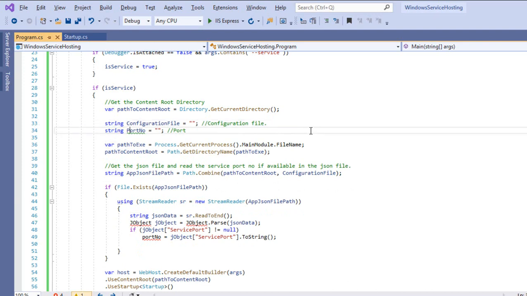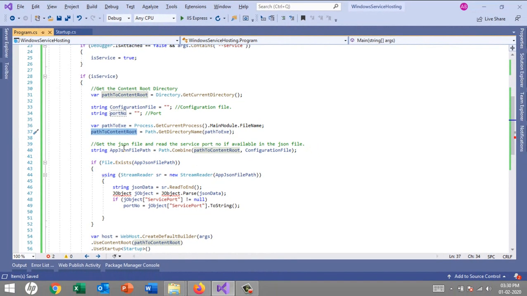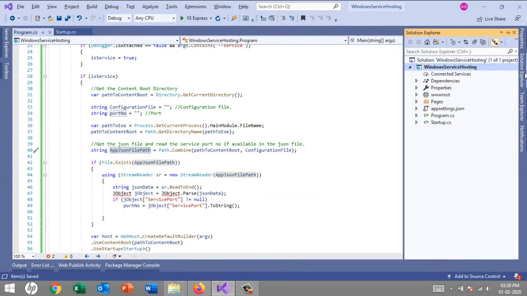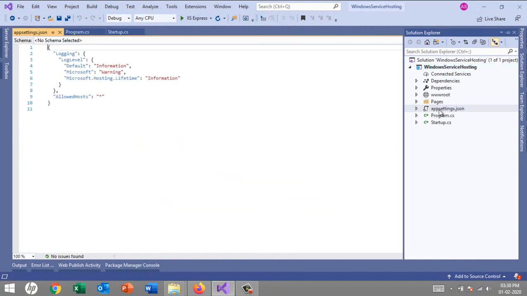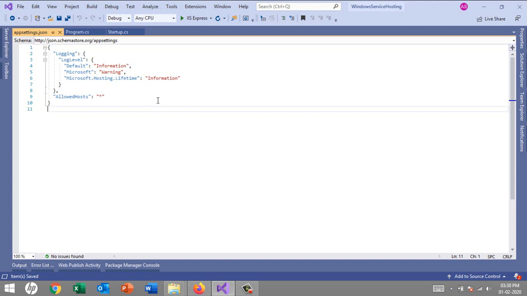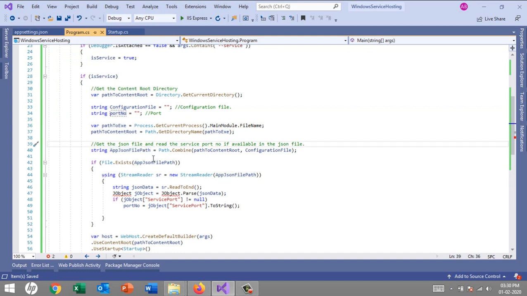Okay, so here, port number. Second thing is, we will take the name of the current exe file and we'll find the directory of the root path where our application resides, or we can say in which directory the exe is available. We'll create an application JSON path. So here the application JSON file comes into the picture. If you go to the appsettings.json file, here we want to read this file. Why do we want to read this file? I don't want to make a fixed